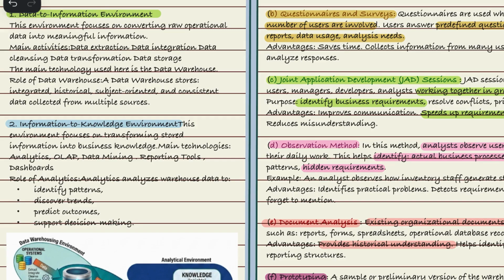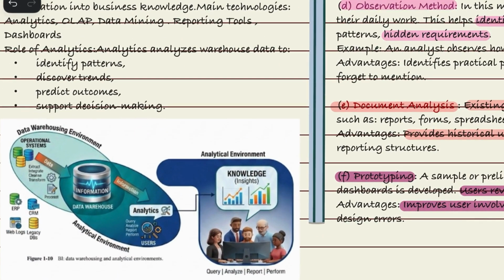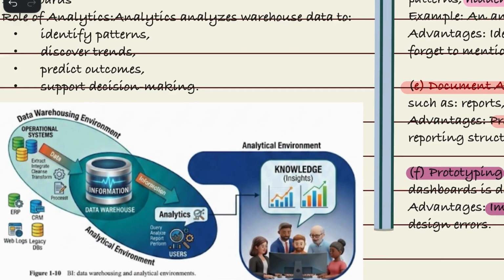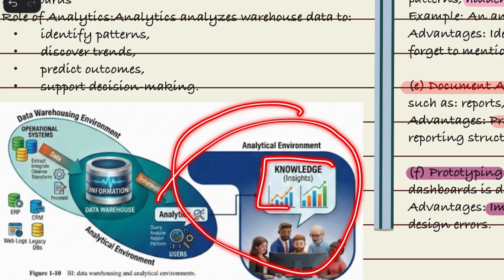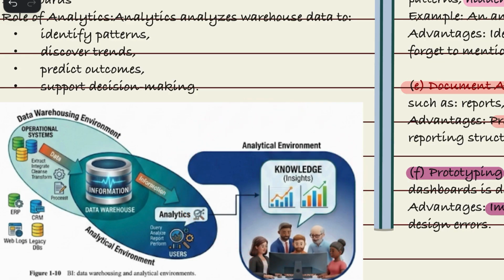It answers what steps should be taken according to this analysis. All right, so these are the two environments you see in this diagram. There is this environment in which the operational system, we extract the data, we create information, and then when we produce analytics, it is a completely different environment in which we are generating the knowledge, we are generating the insight. So this is how we use data warehouse in BI and how they both work collaboratively to produce effective